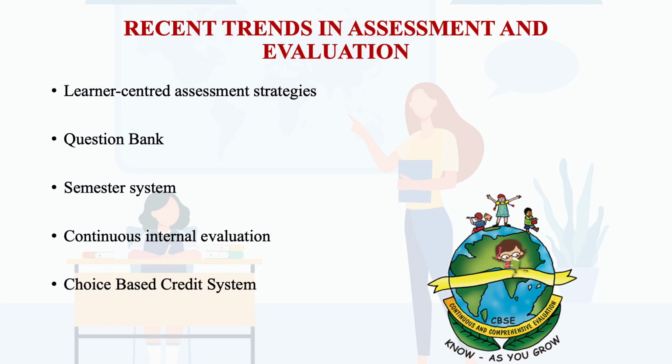And the choice based credit system, that is called the CBCS system. Friends, the University Grants Commission has come out with inter and multidisciplinary types of curriculum, that is, the choice based credit system curriculum, and this curriculum is now being practiced across India, across the universities. So this is also a recent trend, how to develop our curriculum and our courses as per the philosophy, the concept and the pedagogy of the choice based credit system. Further we will discuss in detail.